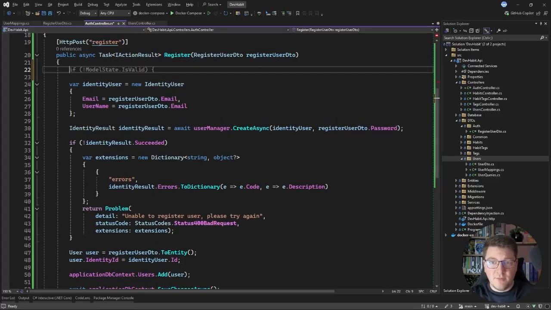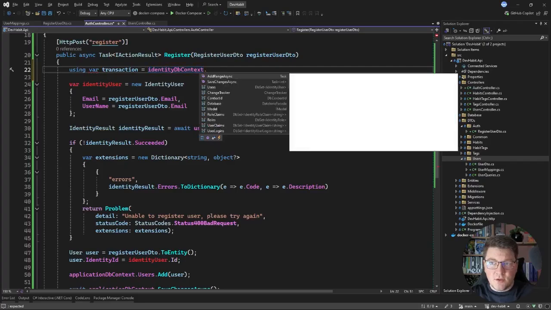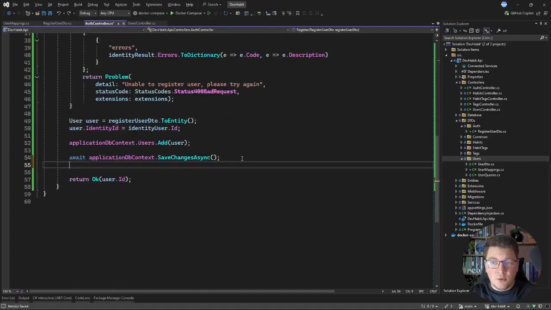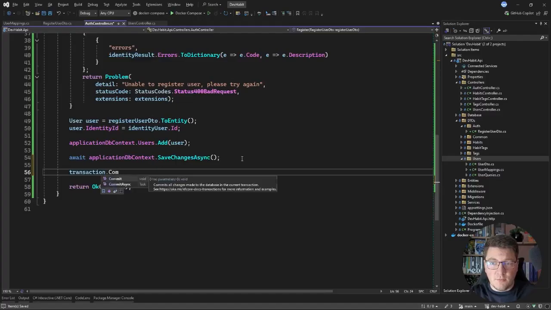At the top of our method, I'm going to create a new database transaction, and I will use the identity database context to achieve this. I can say identity database context Database, this is the database facade, and I can say BeginTransactionAsync. Because this is an async method, I will await it, and this will give me back an IDbContextTransaction. Then, after completing all of the work, I'm going to say transaction Commit, or we can say CommitAsync, but